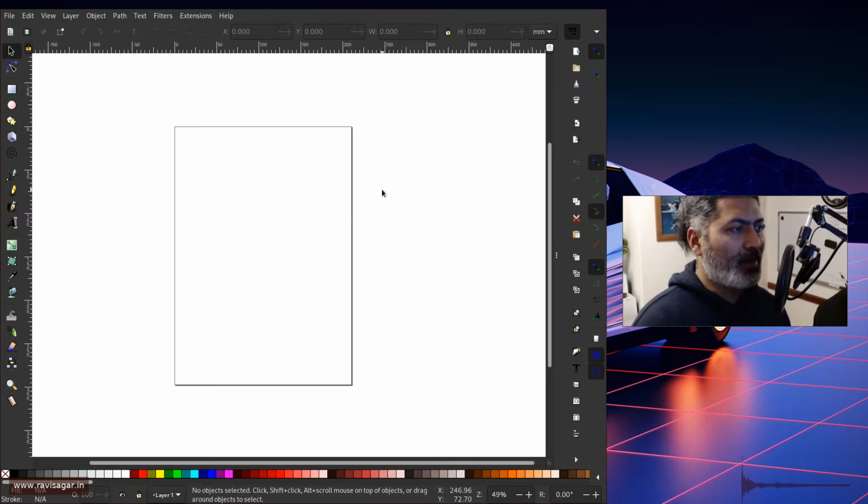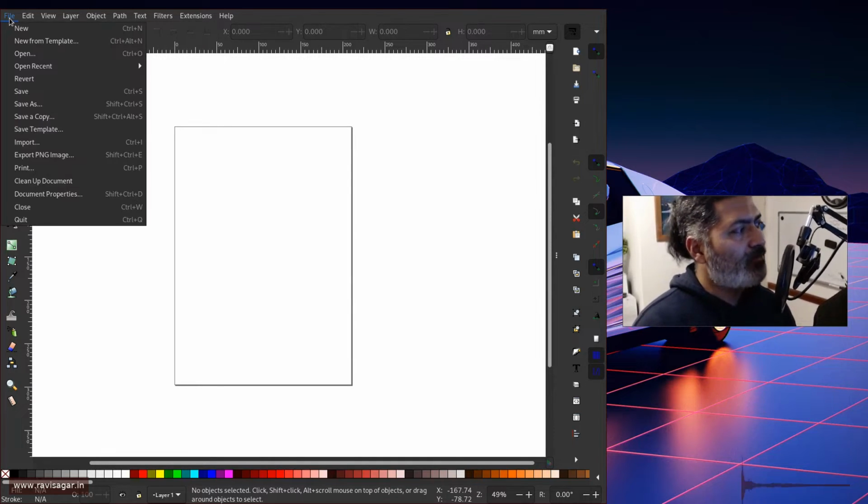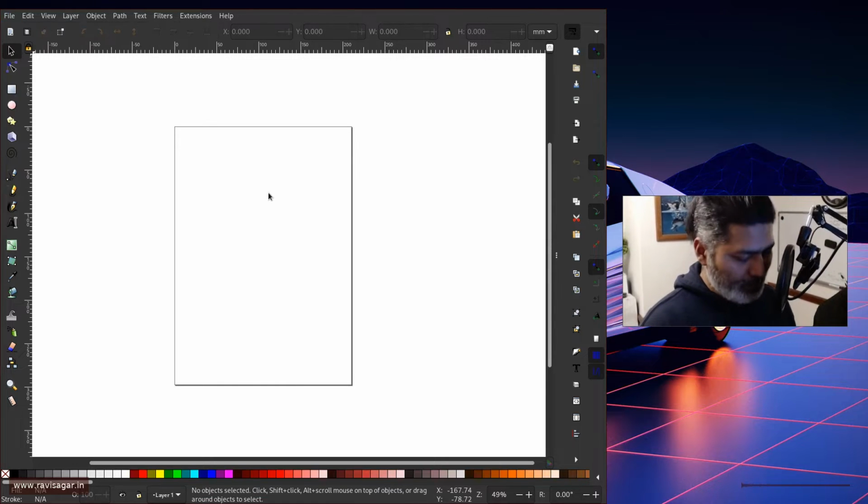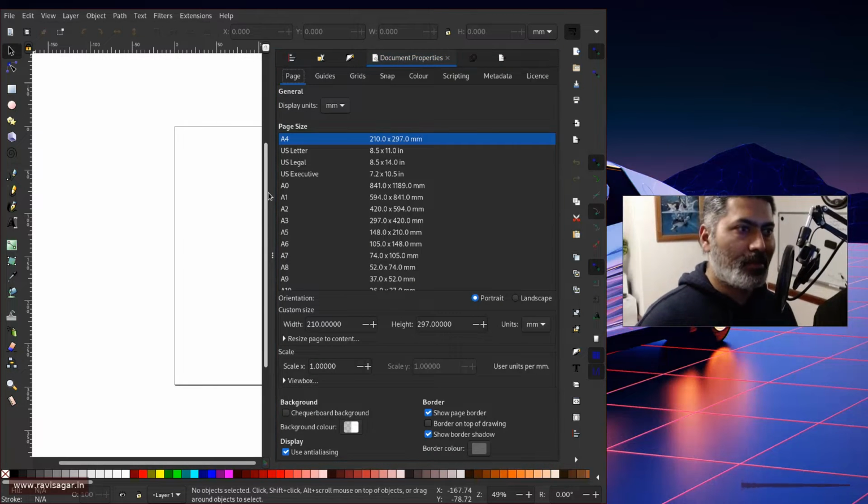So this is the one document, and in the beginning, whenever you're trying to do any work in Inkscape, you should try to set the size. In the beginning, you will get something like this, which is probably like A4 or whatever size we have by default. So go to File and then click on Document Properties, and also there is a shortcut called Shift Control D. So let us try that. And if you press this, you will be able to select this